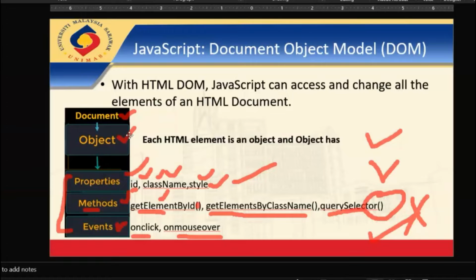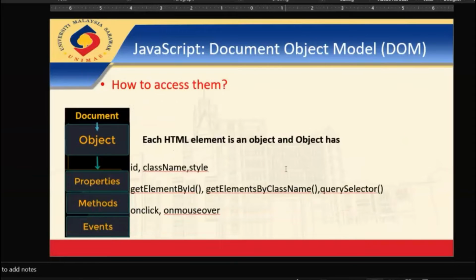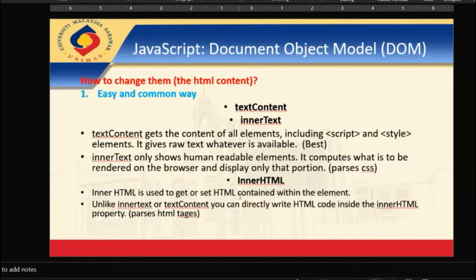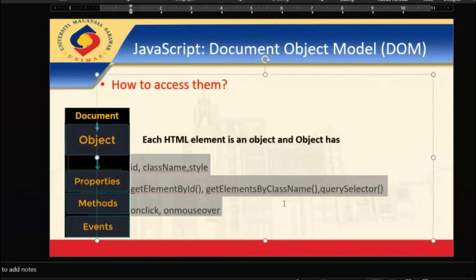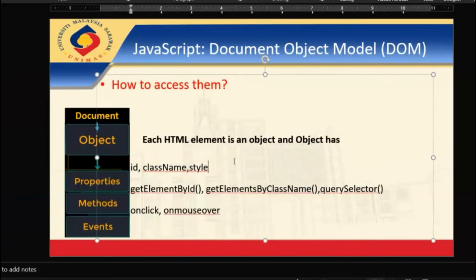Okay, now let's go one by one through this. So first of all, how to access it? To access these elements, we will use these functions, properties, and objects, as I already explained to you. And now, let's apply these functions and properties and see through a real example